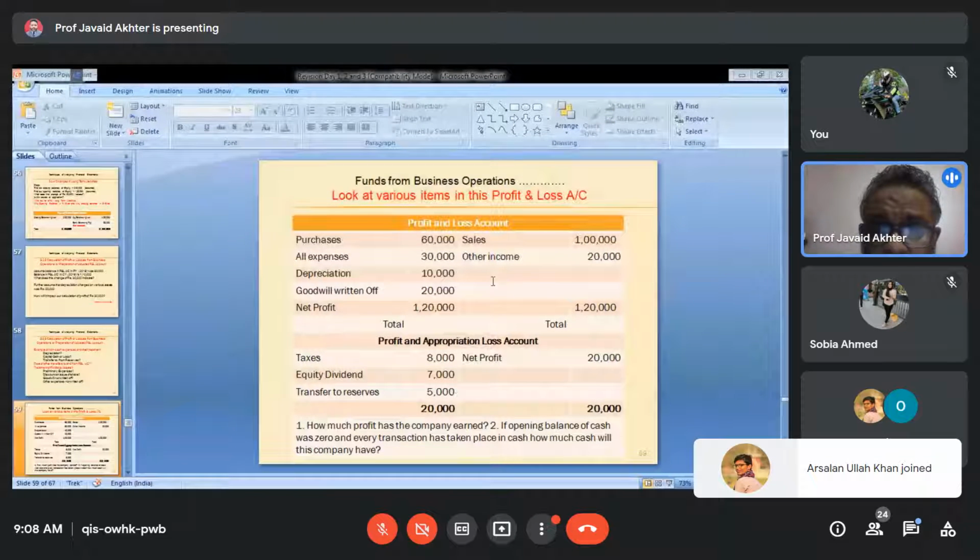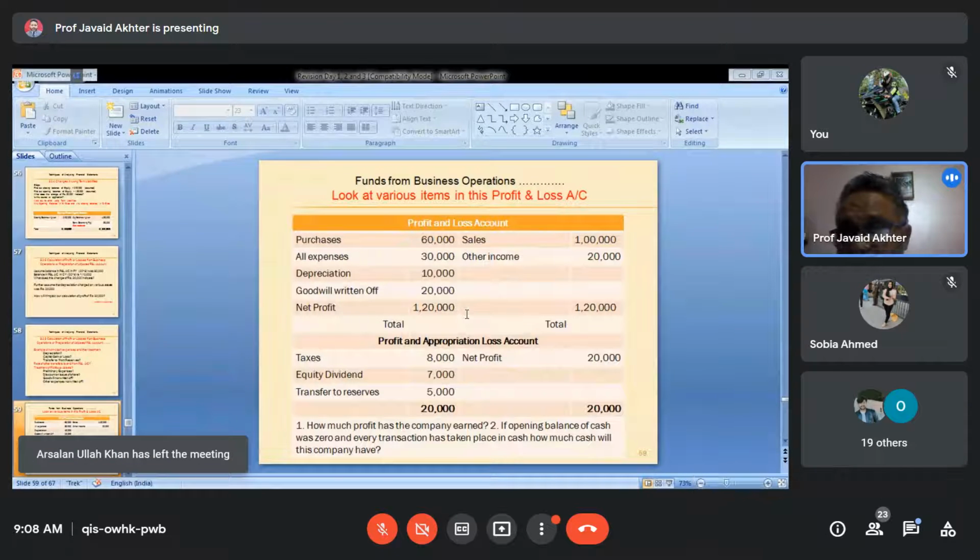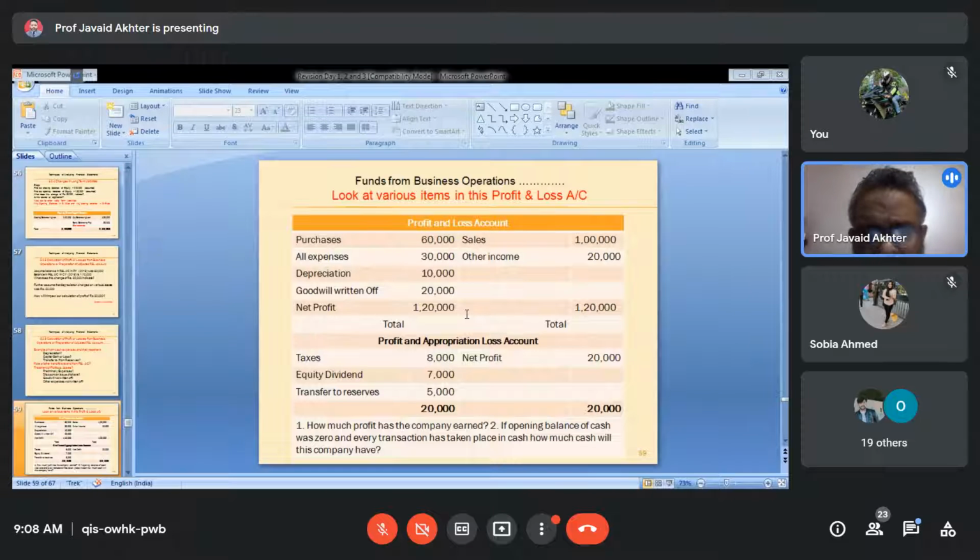Suppose you have a profit and loss account which appears like this: sales, other incomes, purchases, all other expenses, depreciation, goodwill, etc. These are all I have mentioned. For the time being, just assume that everything is happening in cash. There is no credit transaction. The profit shown here is